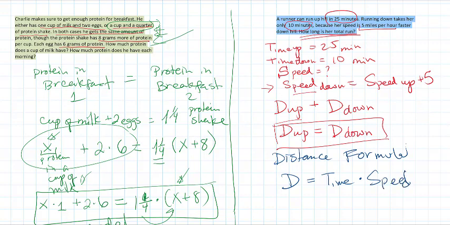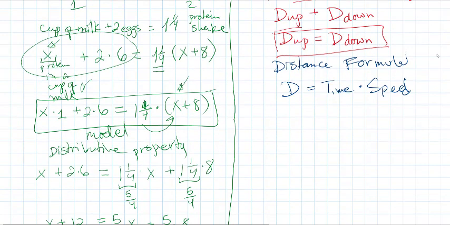So if we multiply the speed by the time, we know the distance. So how can we include that in our new model here? Well, we know the time up times the speed, let's write the speed as s up, equals the time down